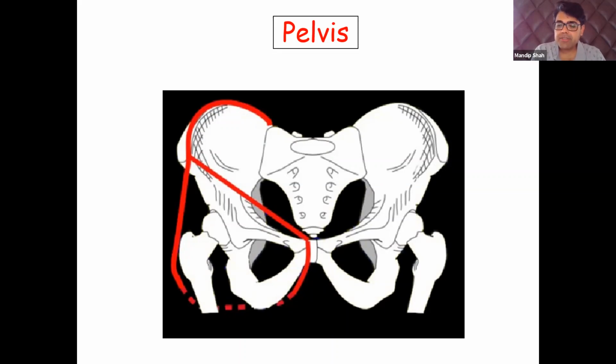Even if you send this patient for CT guided biopsy to your intervention colleague, you better mark your incision, make a telephonic communication with him and tell him that you have to go along this line which I have drawn. Inform the patient also that the biopsy should be taken from this line that I have drawn.